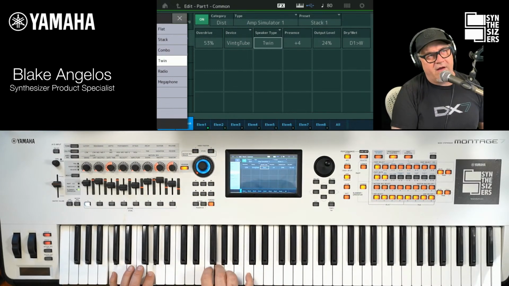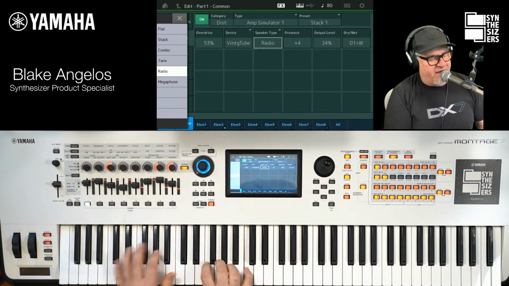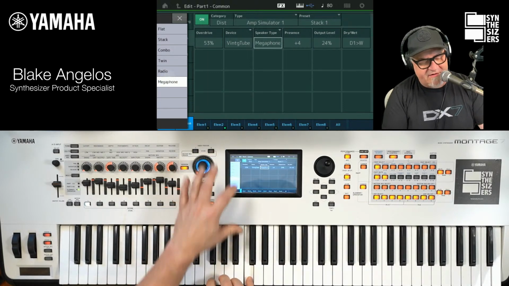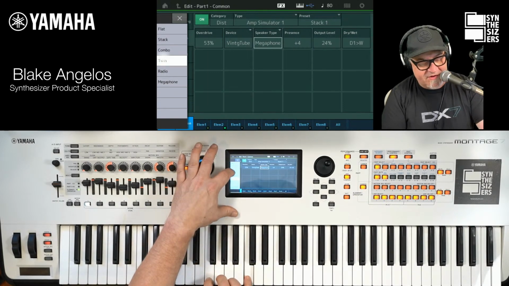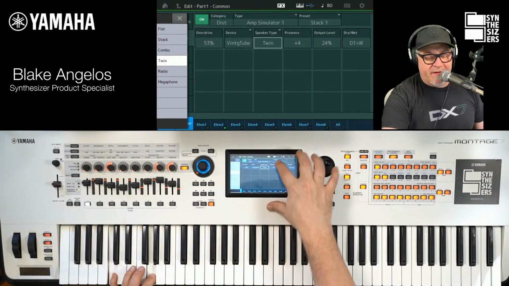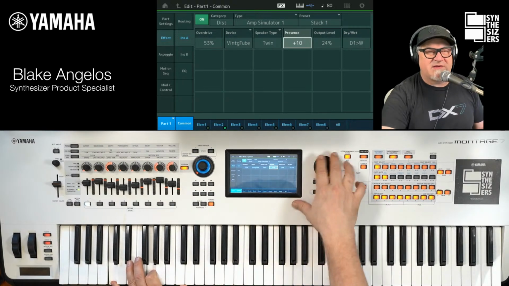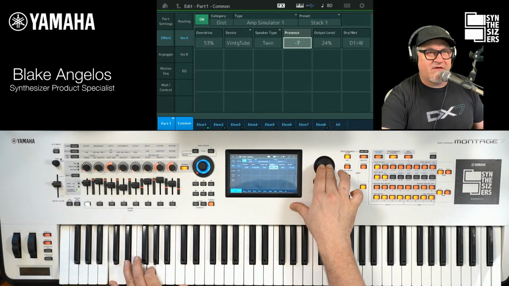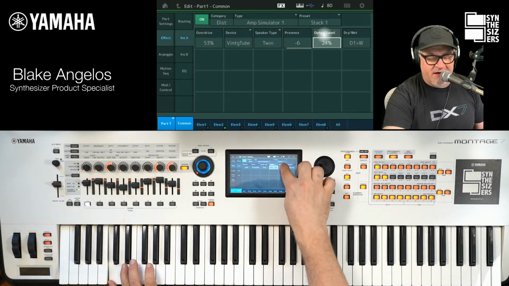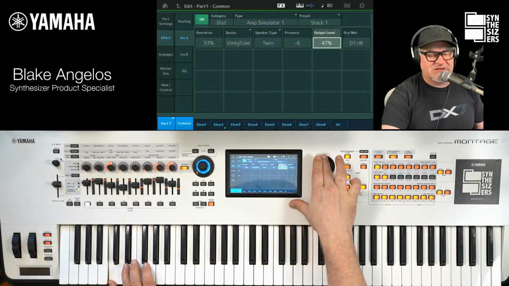Twin. I usually use the twin a lot. Radio. A single effect. Megaphone. So let's go back here to this guy. Presence control. Bring out some high frequencies, or make it a little darker sound. Change the output level. Give it some more